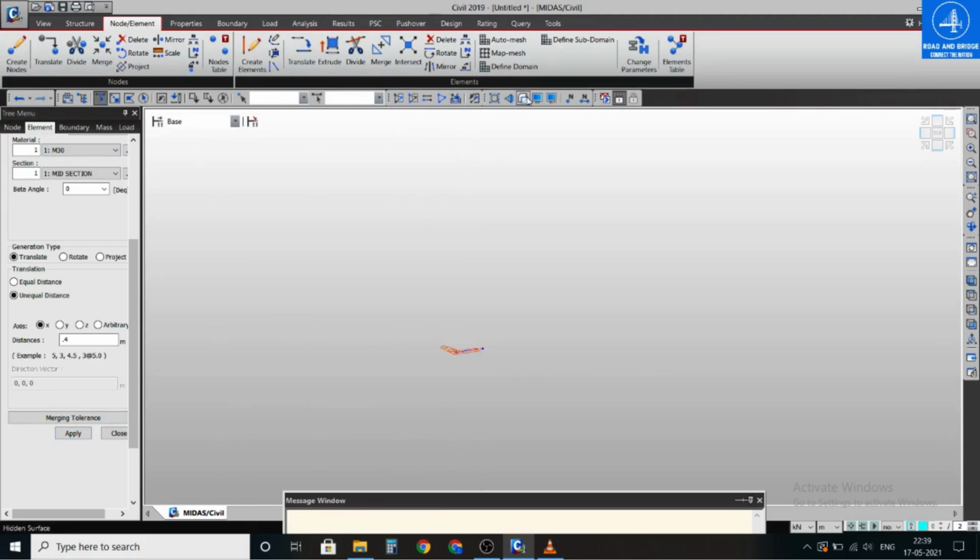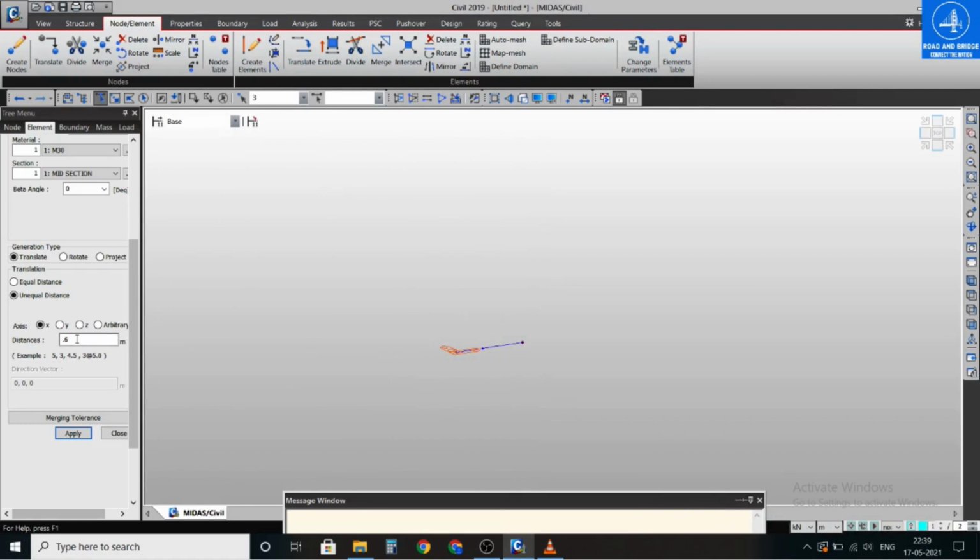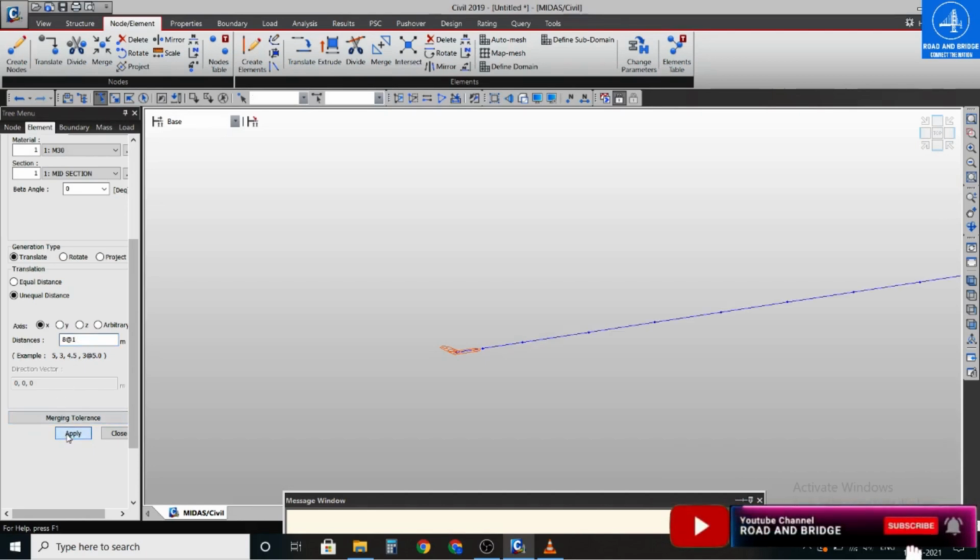This is the beam element of 0.4 meter, and select the points, and now I am creating 0.6 meter. Next, select the points, and now I'm going to make 1 meter length of beam, and apply.